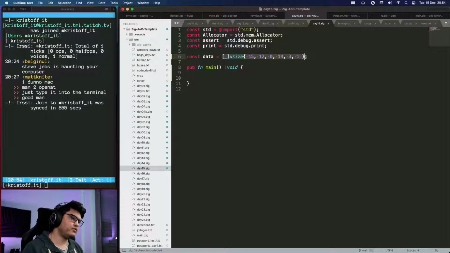I think we can do this. You know, I think we can do data is this plus, well, how many are these? 1, 2, 3, 4, 5, 6 plus 2020 minus 6. Oh, it's actually like this plus